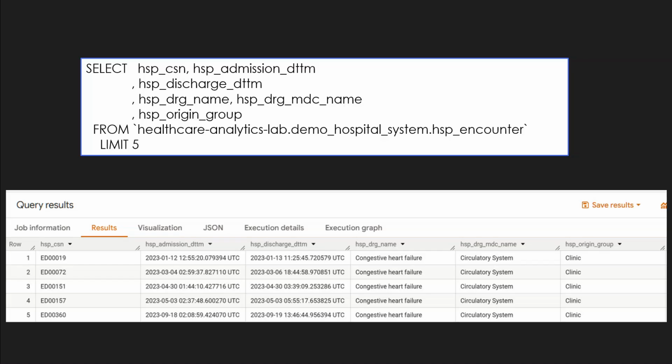So this is a record that has one row for every hospital encounter, and it's got some common summary information there. You're seeing in the example below, the CSN is the unique identifier. We have an admission date time, discharge date time, what was the DRG, MDC, and origin group as an example. So this is a way that we can have a piece of data that quickly allows us to answer questions like how many of these hospital encounters happened within this time period or with this DRG,